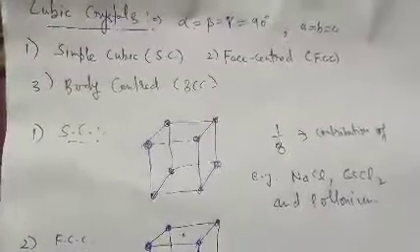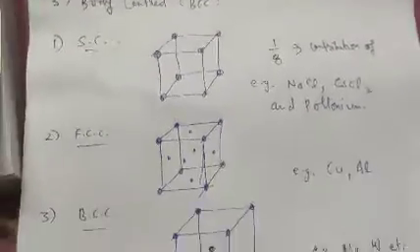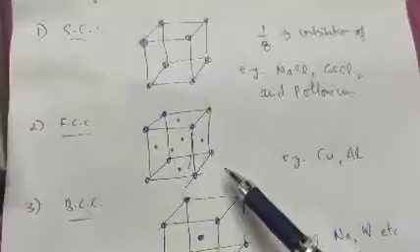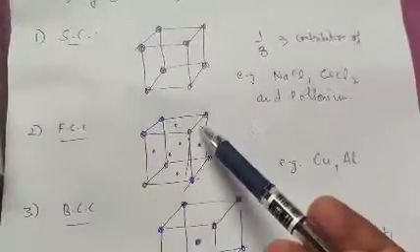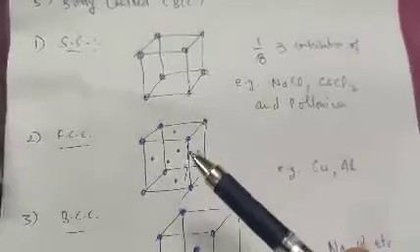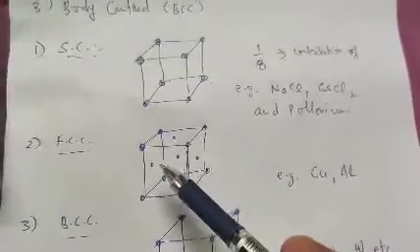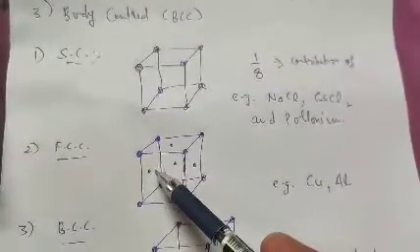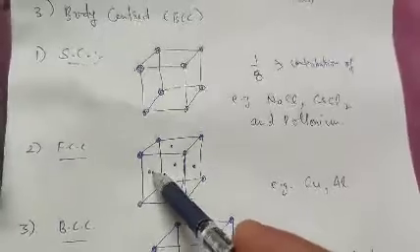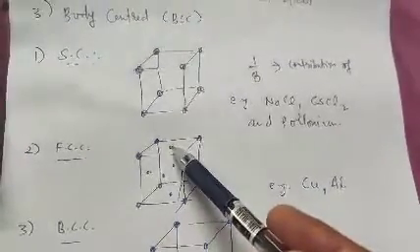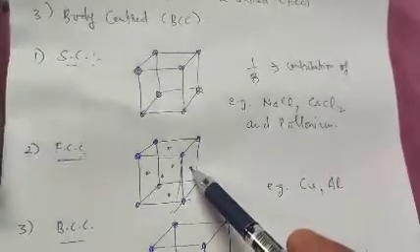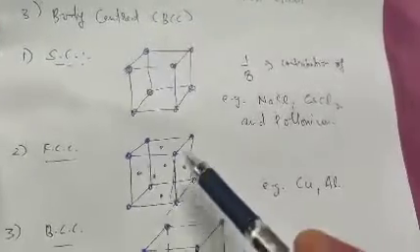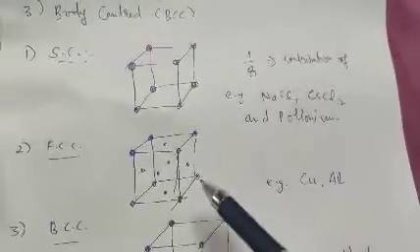So this is simplest. And the second type is face centered cubic. As you can see, it is similar to the simple cubic system, which has these 8 corner atoms, but in addition to the corner atoms we have placed another atom in the center of each face. For example, this face has the centered atom in this position, this upper face has this centered atom, this face has this centered atom. Therefore we have 6 faces, so in addition there are 6 atoms in the centers of all 6 faces.